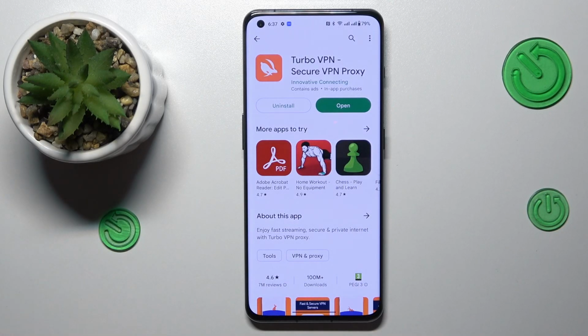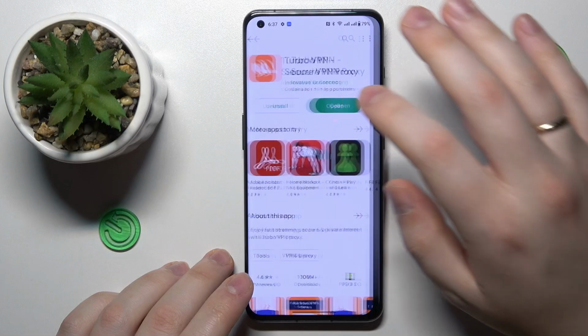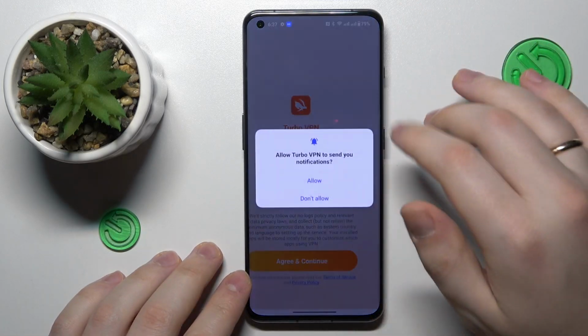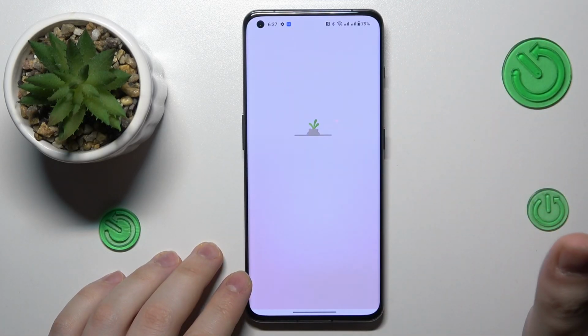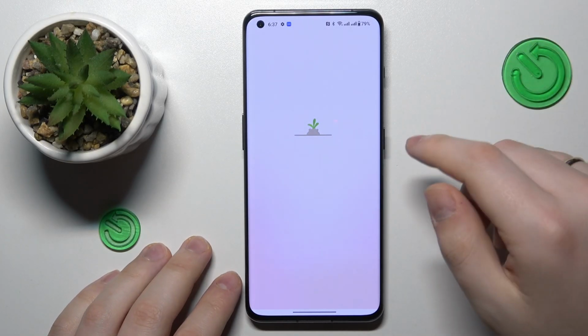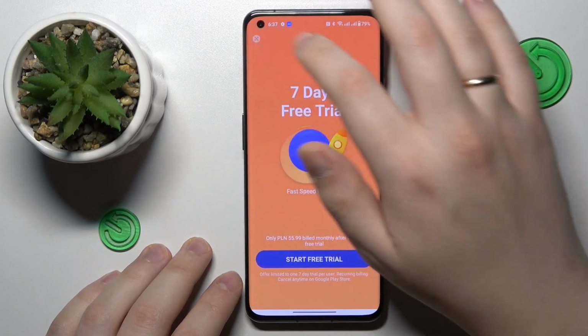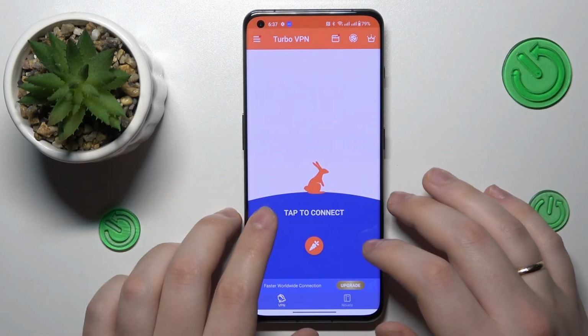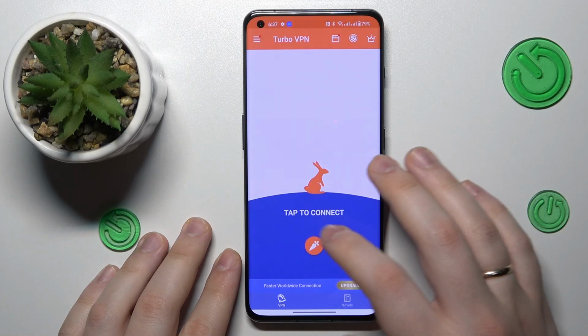After the Turbo VPN application was successfully installed, you can just go ahead and launch it. In here, tap at the agree and continue button, allow or do not allow notifications according to your preferences. Then skip the set, and in order to finally connect your device to VPN, just tap at this caret icon